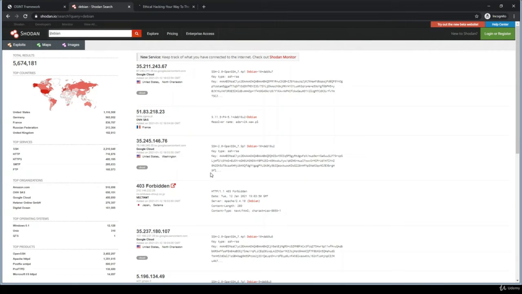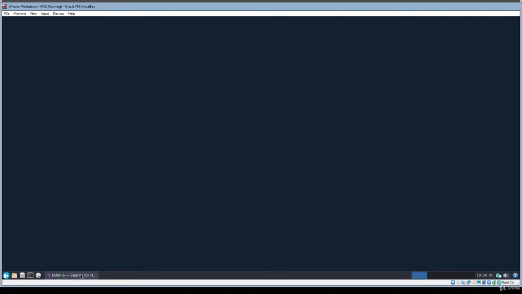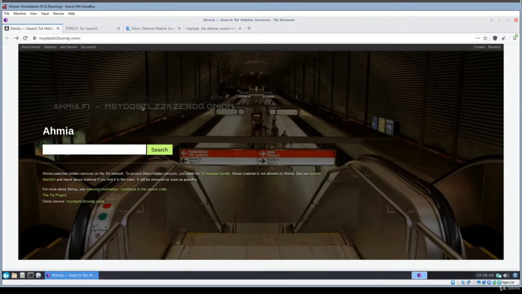Apart from this, let's discuss the Tor search engines. Tor is basically the very famous darknet. Let me navigate to my Whonix machine and then I will discuss it. Okay, there you can see that I am now in my Whonix machine, which uses Tor to connect to the internet. If you really want to understand Whonix and Tor, you should check out the tutorial that I've created on the darknet, and then you will understand what Whonix is all about. So I'm not going to discuss the concept of Whonix in this course.